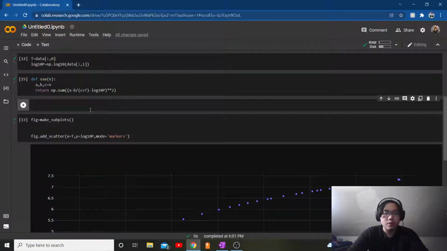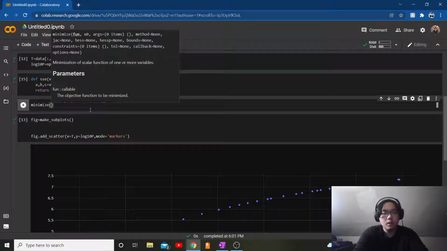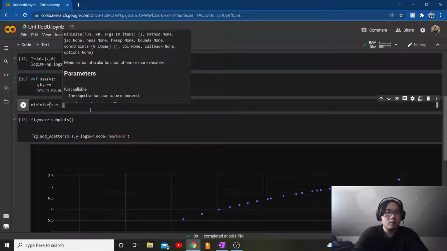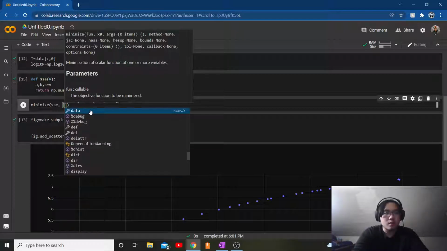And now we have what we need to minimize the sum squared error. So minimize, and now it needs a function, which we just made, SSE, and now it wants us to give it a guess on what the a, b, and c values are going to be for the curve of best fit,